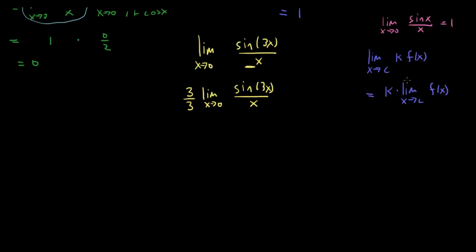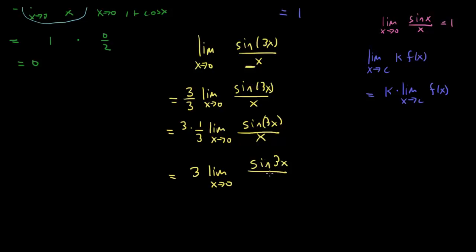So I multiply by 1, but what does this property tell me? It tells me I can bring in a constant on that other side of the limit. So watch what I can do. I can leave the numerator 3 out here, but take in the denominator 3. That is, I can take in a 1/3, because 1/3 is indeed a constant. I could say this is equal to 3 times 1/3 times the limit as x approaches 0, sine 3x over x. So I have 3 times 1/3, that's still 1, but let's say I leave the 3 and bring in the 1/3. Then this would be equal to 3 times the limit as x approaches 0,